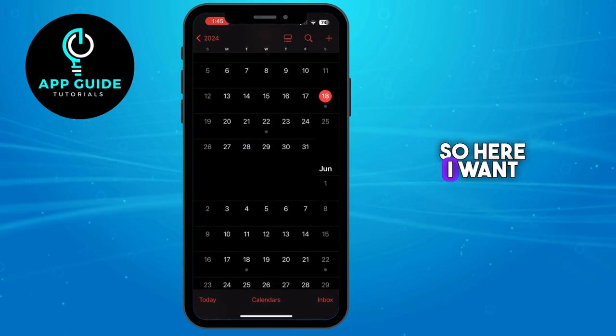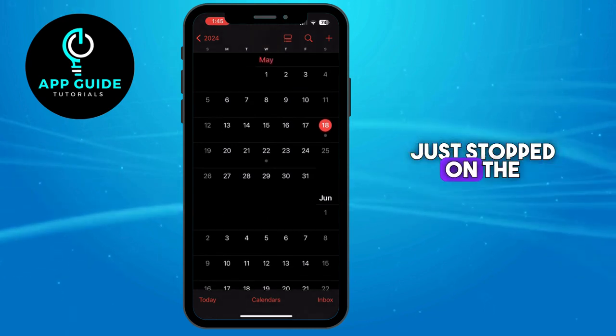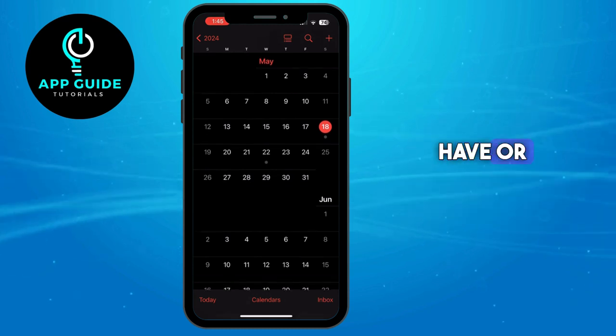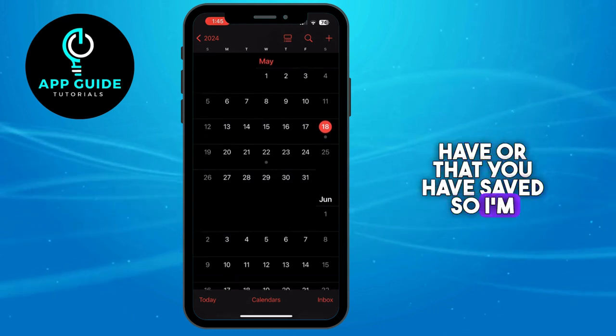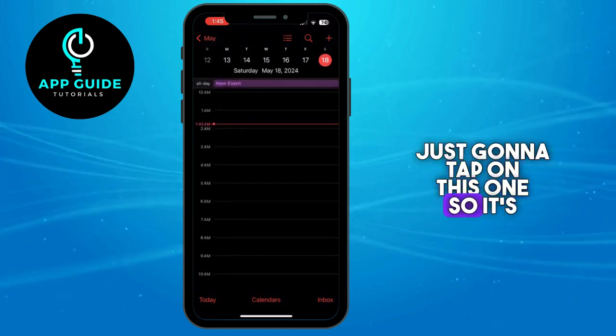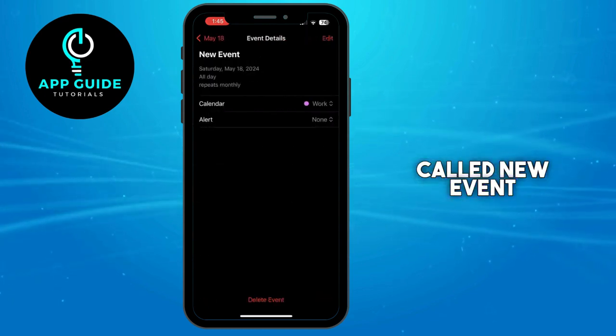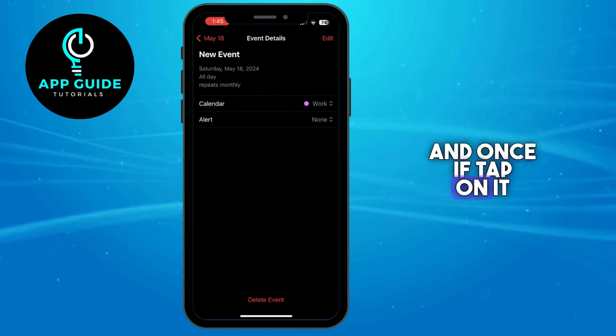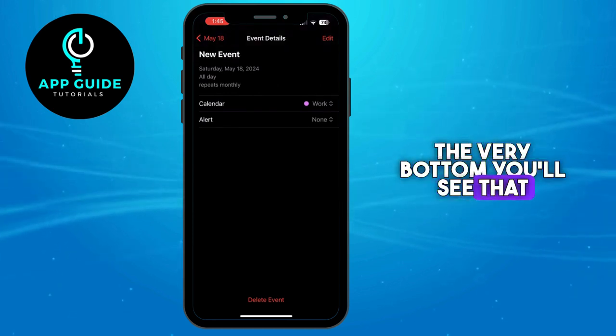So here, once you are here, just tap on the repeating event that you have saved. So I'm just going to tap on this one. It's called new event, and once you've tapped on it, here at the very bottom you'll see the delete